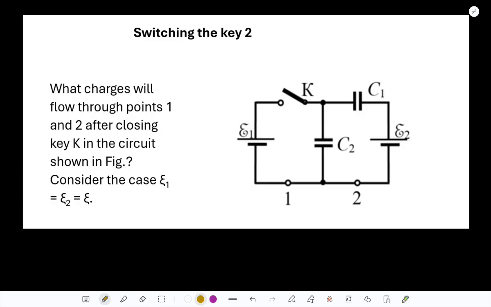If I call the charge on capacitor C1 Q1 and the charge on capacitor C2 Q2, they are both going to be the same, and their values will be simply E2, that is E, multiplied by the equivalent capacitance of those capacitors, since they are connected in series. So we can write something like this, and this is our equation 1. And now if we close the key,